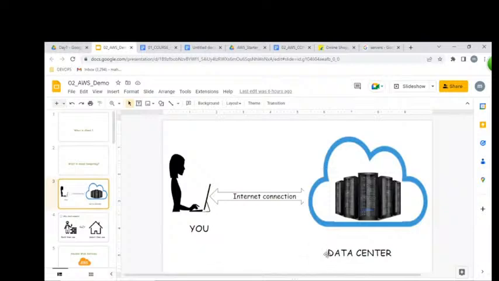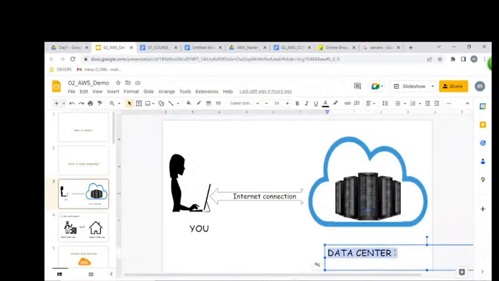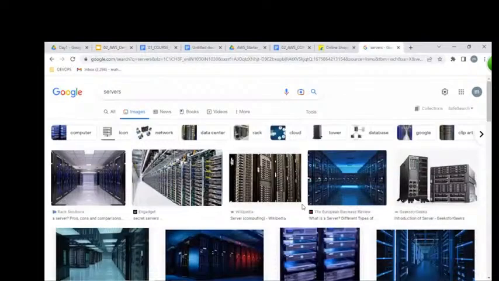First, let us understand what a data center is. In a simple way, huge computing power kept rack-wise in a big room is what we call a data center. Just like your building, your institute, your home, your apartment, these data centers exist physically.